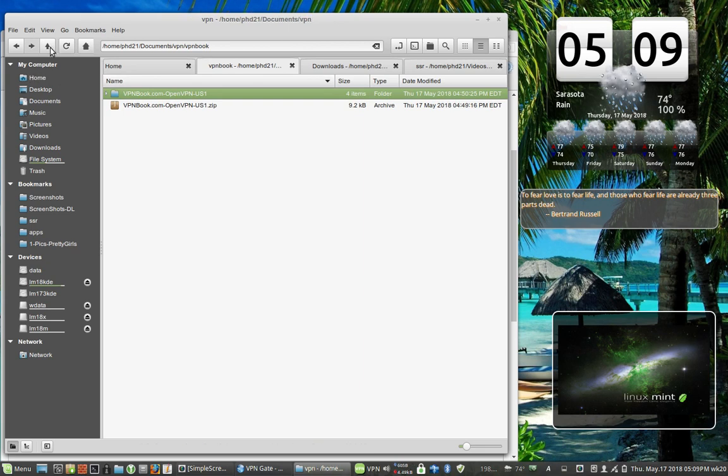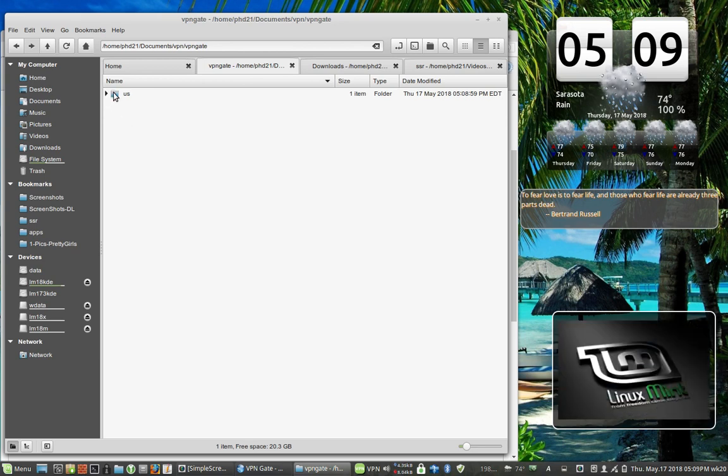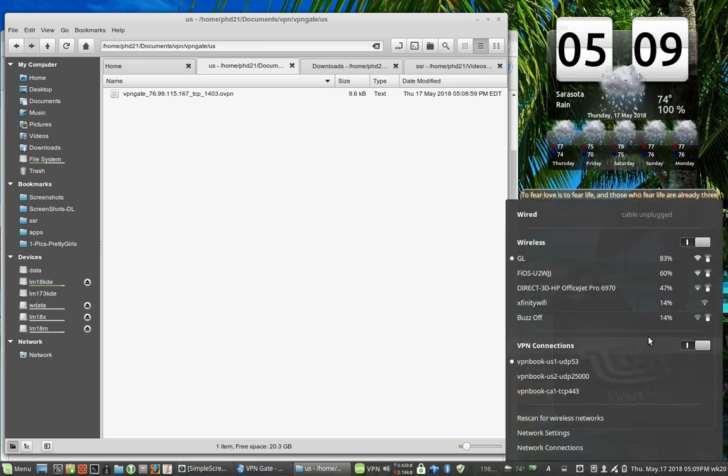And go to my documents folder, my VPN folder. And I've got a VPN Gate folder now, and a new folder for the US server. And in that is just the openVPN file. I didn't have to extract an archive file. In this case, it saved the file there. So, again, you click on I want to add this now to my list of VPN server locations through my